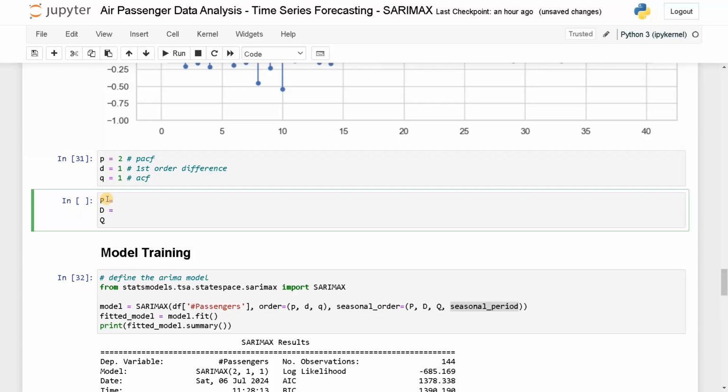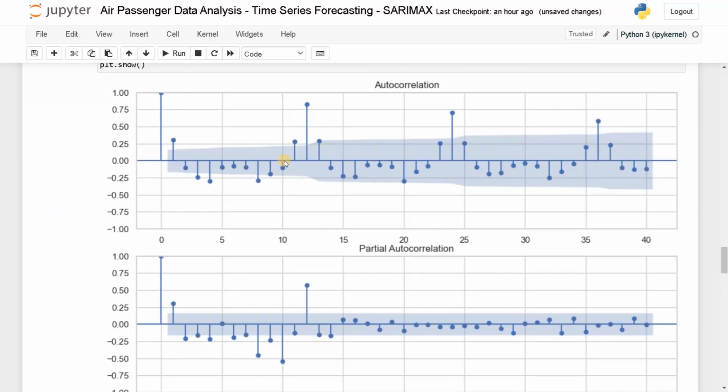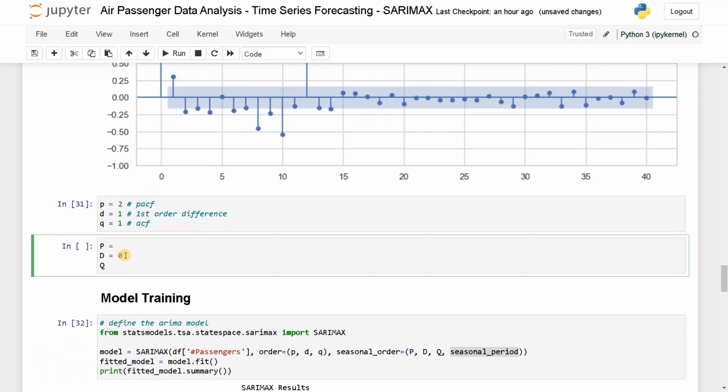So we are not going to do any additional differencing here. We can just use the same graph as it is. If you are using additional seasonal differencing, you can update the parameter. So for now this will be 0 as we don't do any difference. Now we will check the